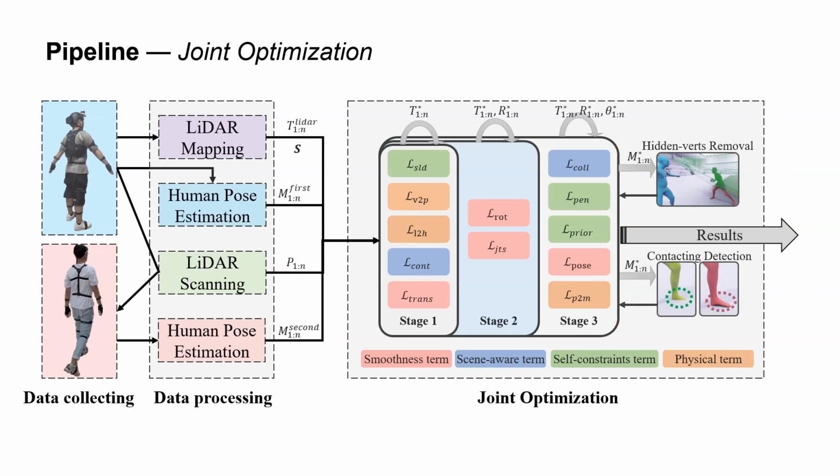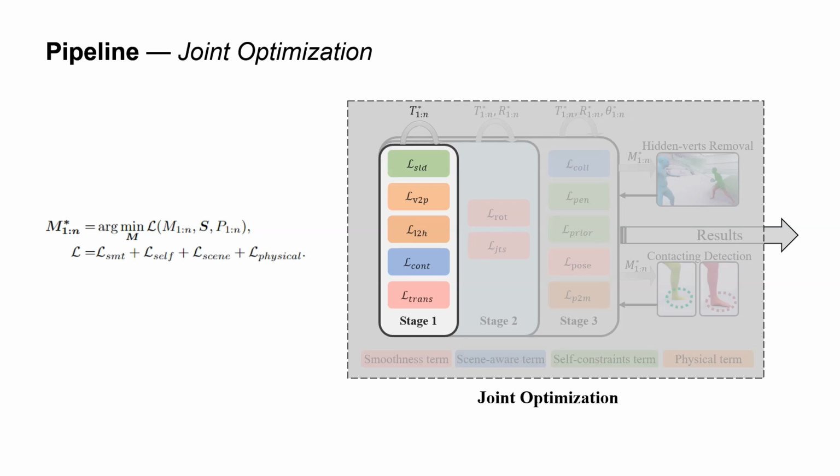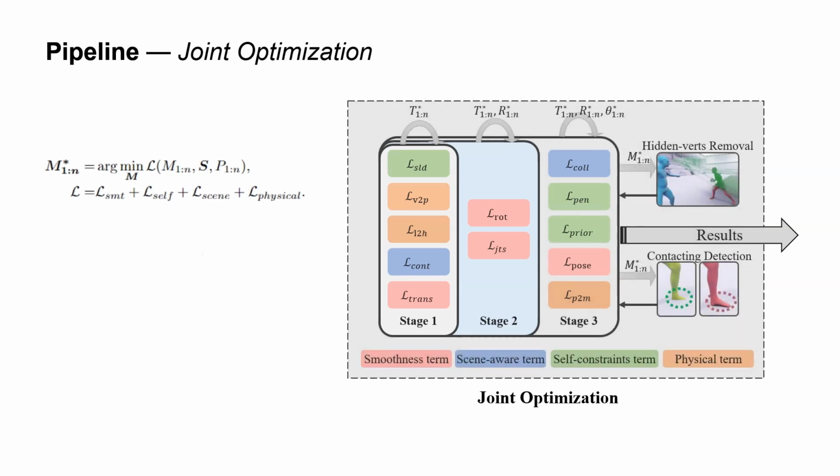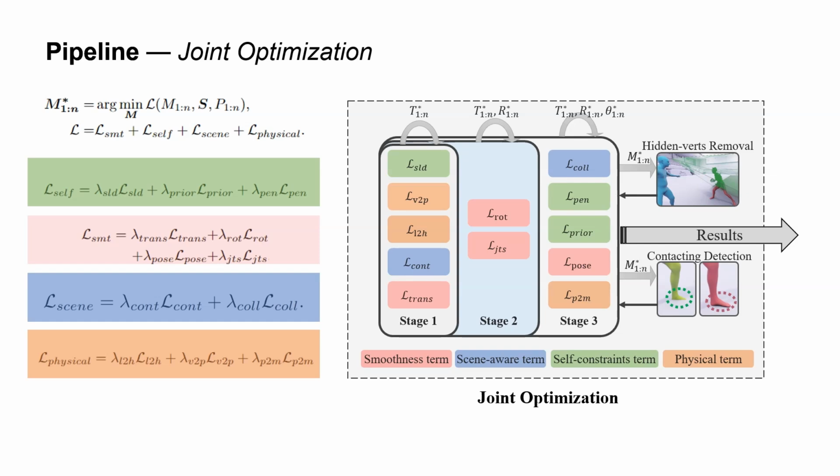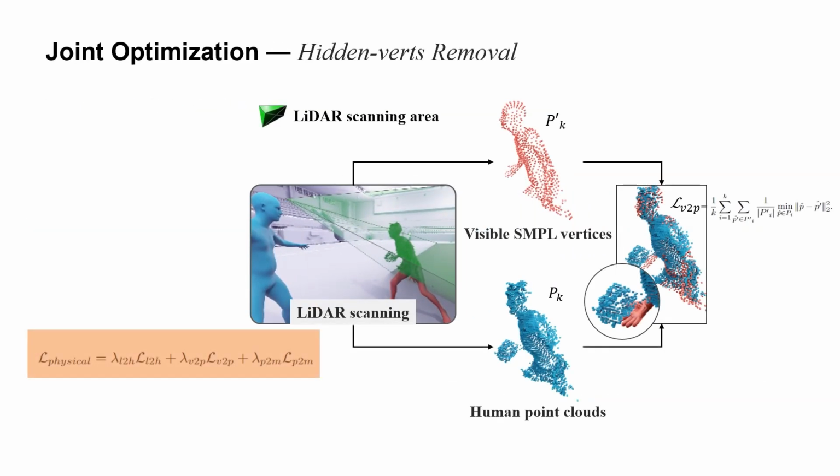For enhanced realism and quicker convergence, we apply a multi-stage optimization approach. In the first stage, we optimize the global translation parameter exclusively. Subsequently, both global translation and global rotation parameters are optimized. Finally, all SMPL parameters are optimized simultaneously. For the V2P constraint, we remove the invisible vertices of the second person from the LiDAR view and resample it to align the LiDAR resolution, which addresses the registration issues for unrigid and incomplete data sources.